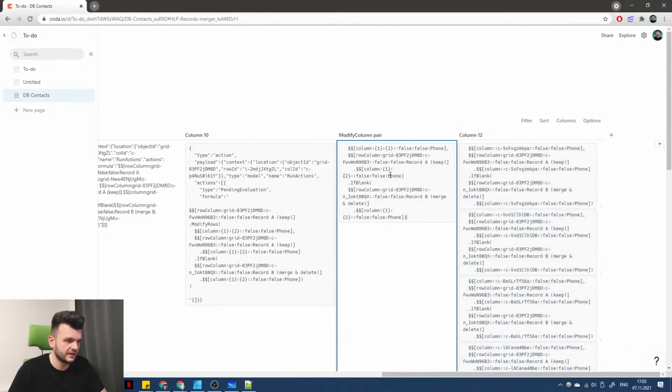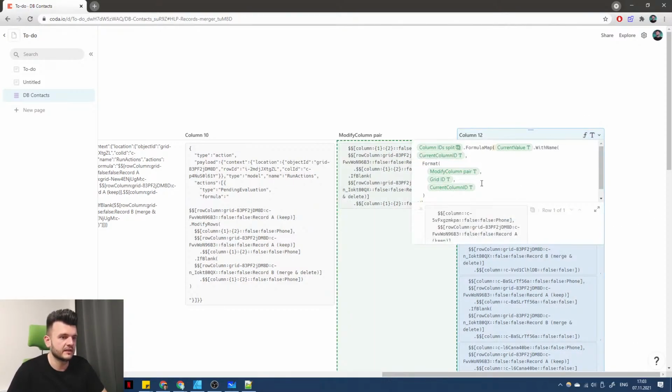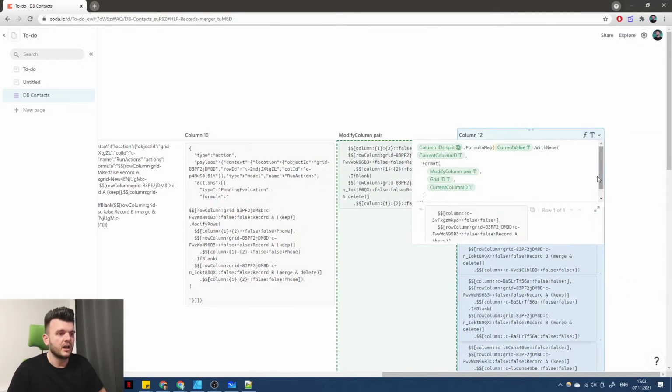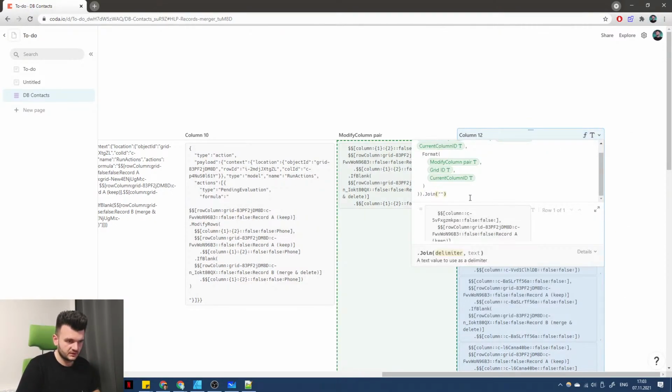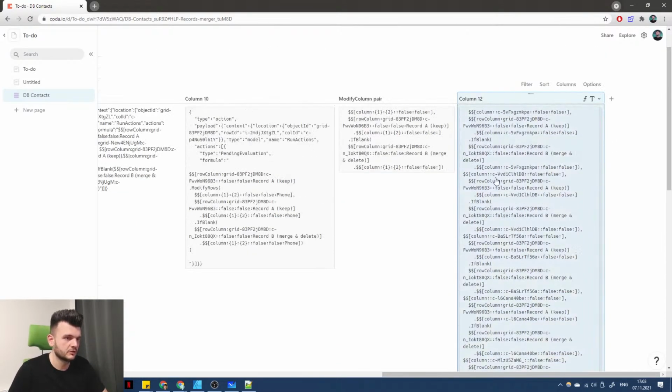And we actually could just delete this thing so that it's a blank thing. We don't care about this one. It's most certainly not going to be phone for all the columns. And we join this by a comma so that it's one piece of code. And what we have to do now is